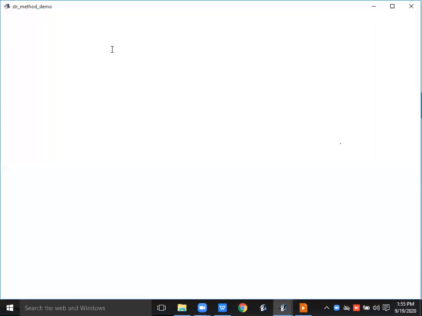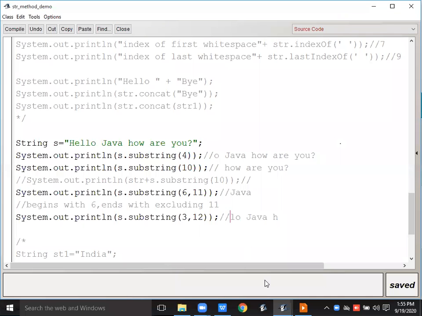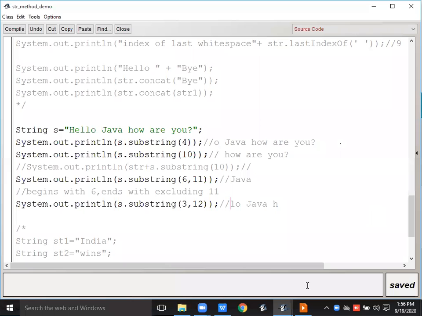Now wait, see that System.out.println(str + s.substring(...)). This type of question you are going to get in the exam. Means methods within methods, or more than one method, are there.